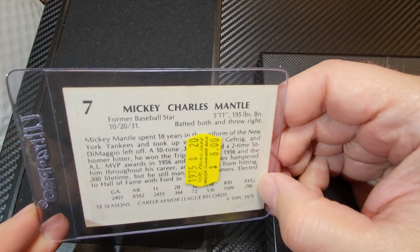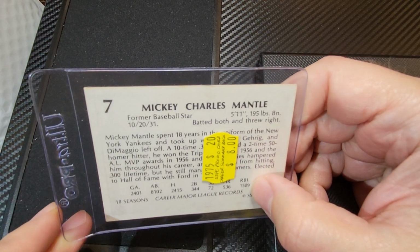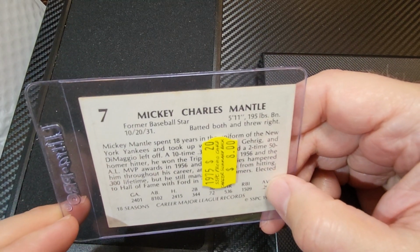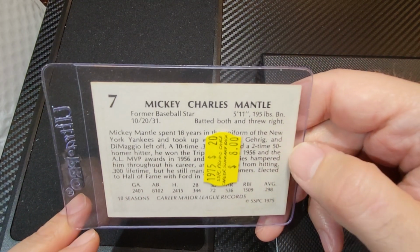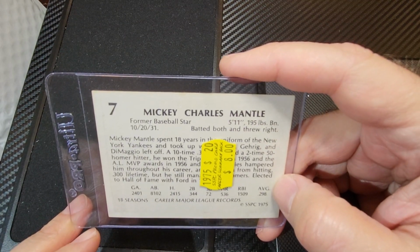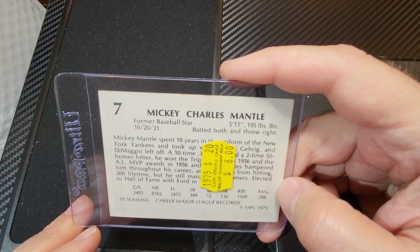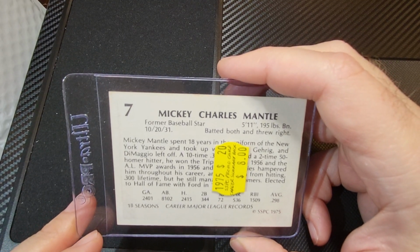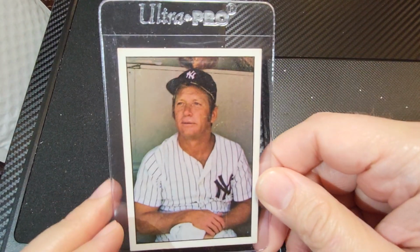536 home runs, .298 batting average. You know, 1,500 RBIs, not a lot considering his number of home runs and his average. It's not bad, and only 2,400 hits, but 18 seasons, in the ballpark, probably would have been around 2,600, so just swinging for the fences. And another Yankee Stadium kind of benefit there,